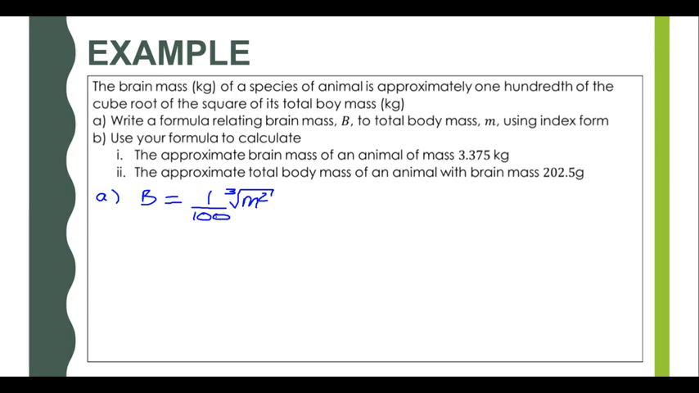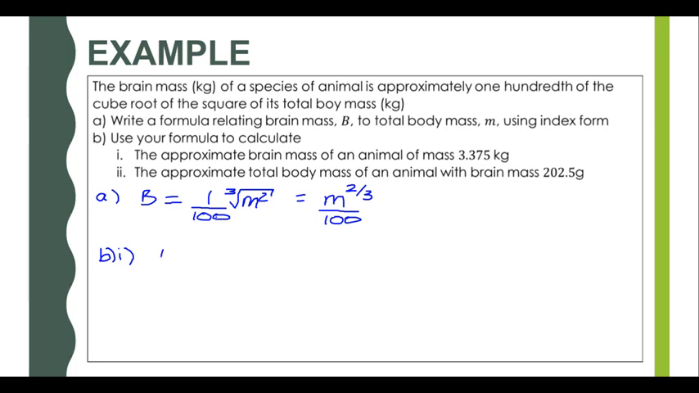Which, if we use our index rules, we can write as m to the power of 2/3 all divided by 100. This makes doing calculations easier. So when we get to part B, part I wants the brain mass of an animal with a mass of 3.375. So m is equal to 3.375,